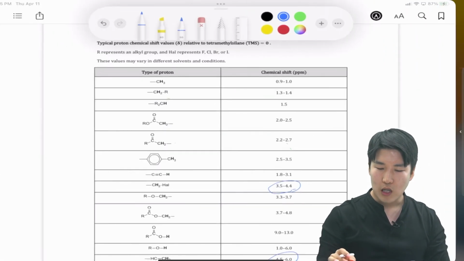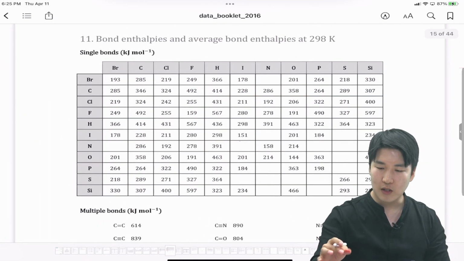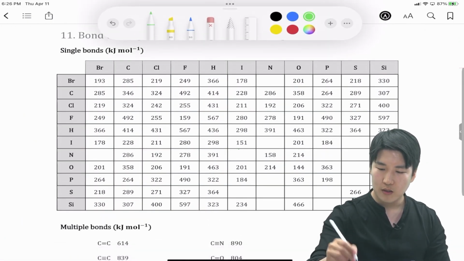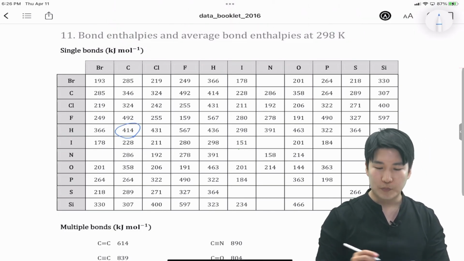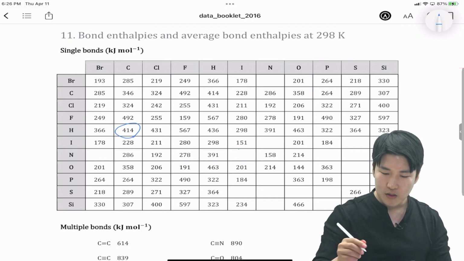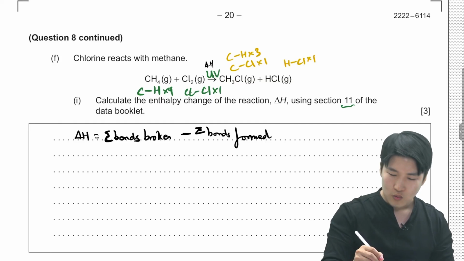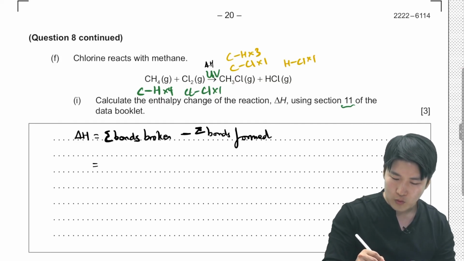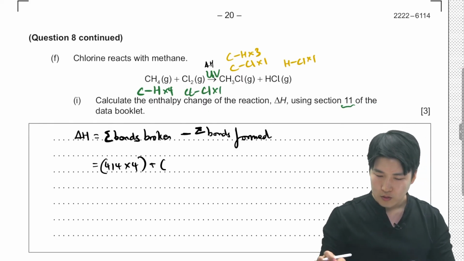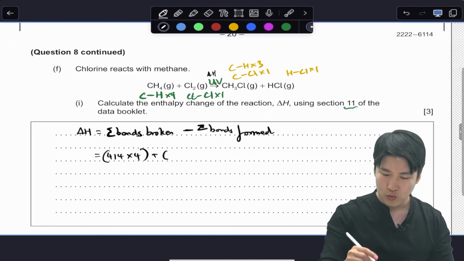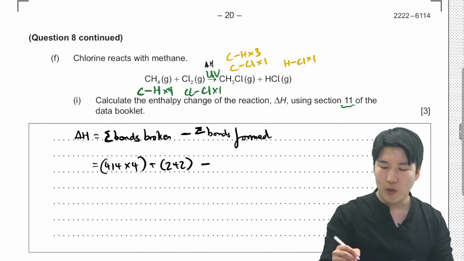Let's go to our section 11 to look at bond enthalpy values, starting off with C-H having 414, Cl-Cl having 242. So 414 times 4 plus 242, nice numbers, take away